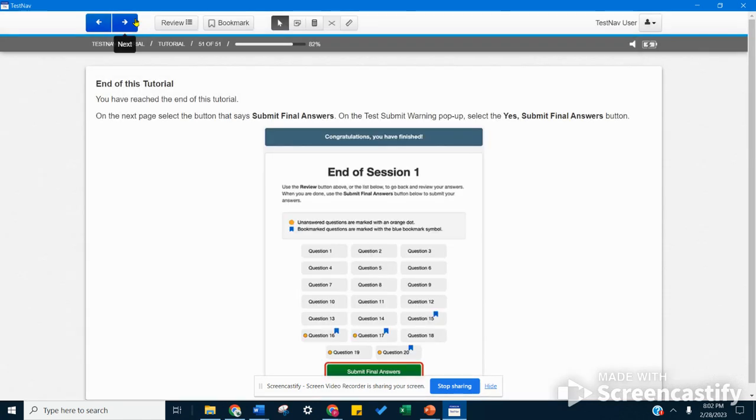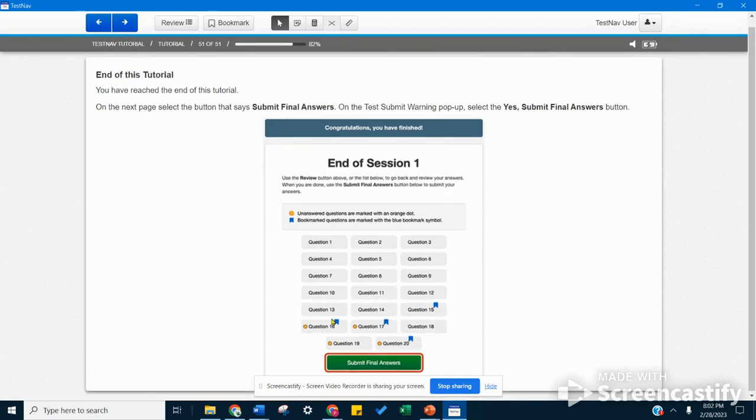And finally, the last page. This is a shorter video. Reminder that before you end the session, you're always supposed to raise your hand so your teacher can come over and check in to make sure that you checked all of your questions, that there aren't any orange dots remaining, and also bookmarks. You want to make sure that there are no bookmarks either. You're always going to check out in